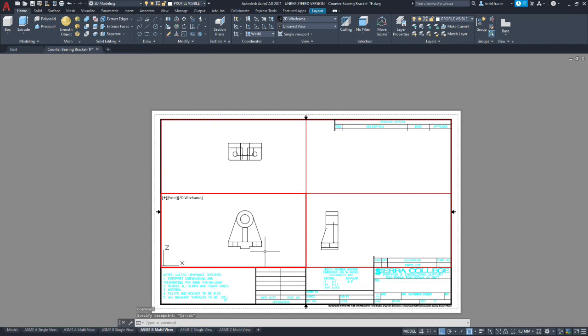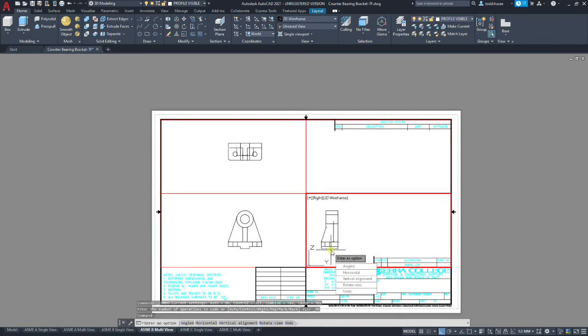Okay, so we'll enter in that command again, and we're going to align horizontally between the very bottom of the front view and the very bottom of the right side view. And we're done. Okay, so those should be aligned so they're projected correctly.